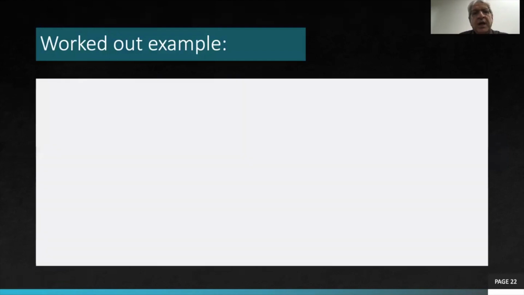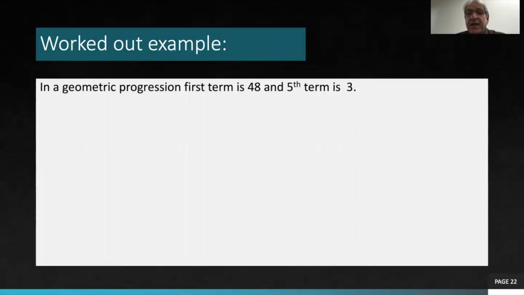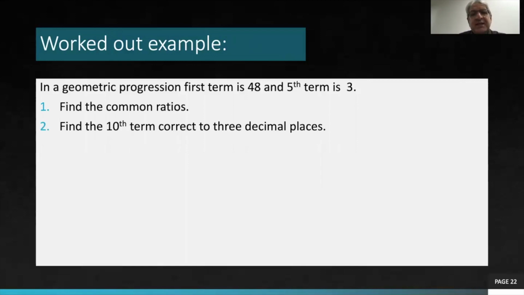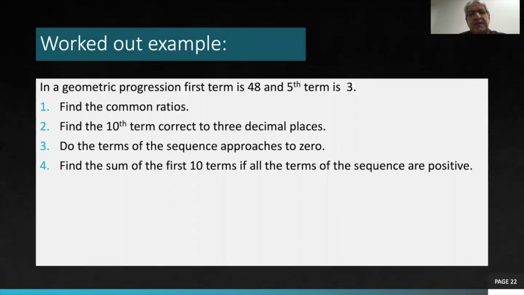Now, another worked out example. In a geometric progression, the first term is 48 and the fifth term is 3. Okay, now let us see what it is asking. Find the common ratio. Find the 10th term correct to three decimal places. Do the terms of the sequence approach 0? Find the sum of the first 10 terms